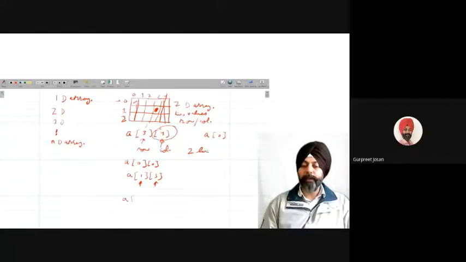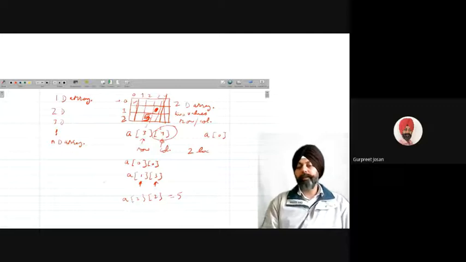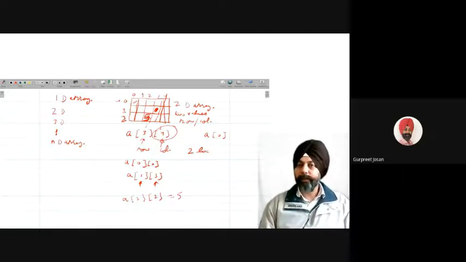So if I write A[2][2], I am talking about this value. If I write A[2][2] = 5, this means I am placing the value 5 here. So using indexes we can access any location.